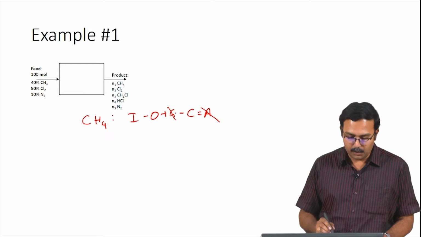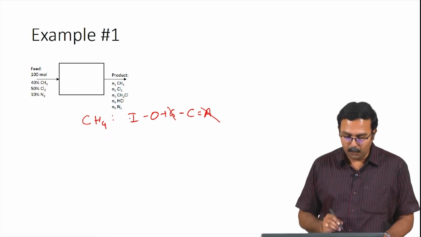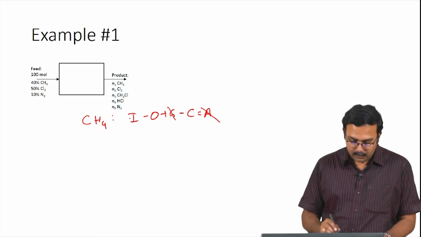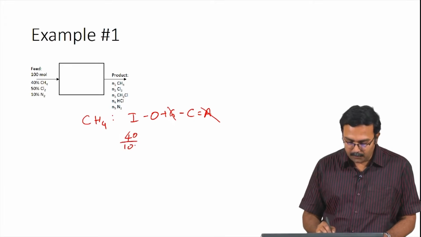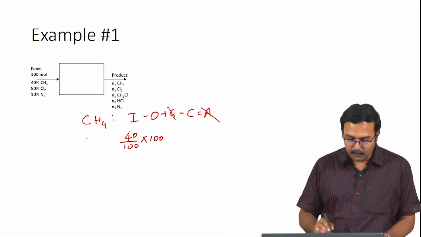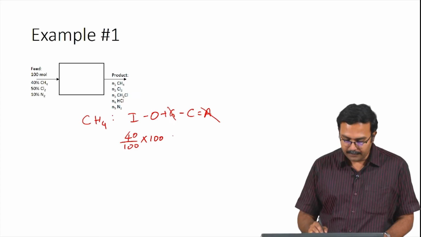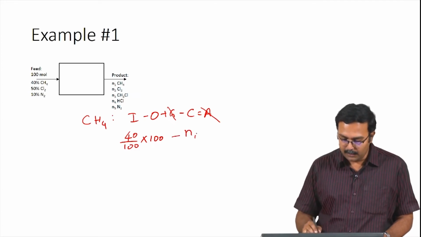So, generation goes to 0. You have both input and output terms. So, your input term is 40% of 100, giving you 40 moles which is coming in, minus the output term for methane, which we have assumed to be N1, minus consumption of methane